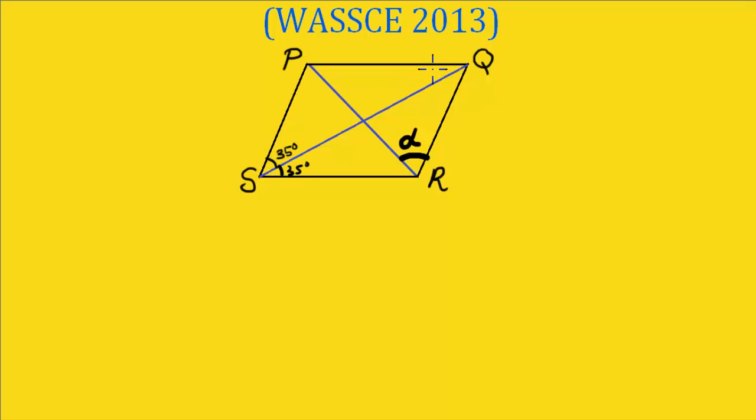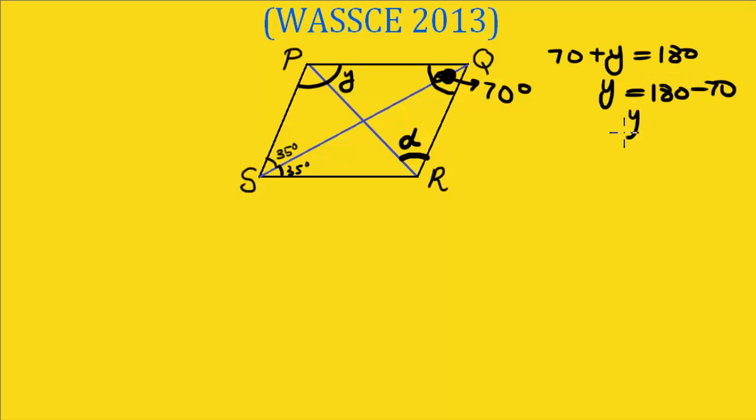And remember, opposite angles are equal. So that means this is also 70 degrees. The whole angle here is 70 degrees. And adjacent angles add up to 180 degrees. And from that, we could tell that this angle and this angle must add up to 180 degrees. So if I call this angle y, and I say that 70 plus y must be 180 degrees, that means y must be 180 minus 70. That means y must be 110 degrees. So that means y is 110, which means that the whole angle here,